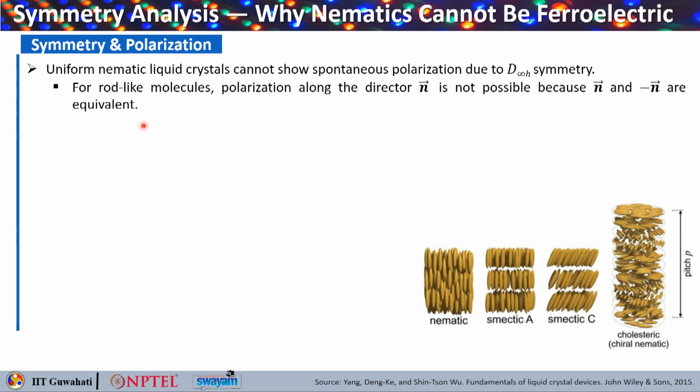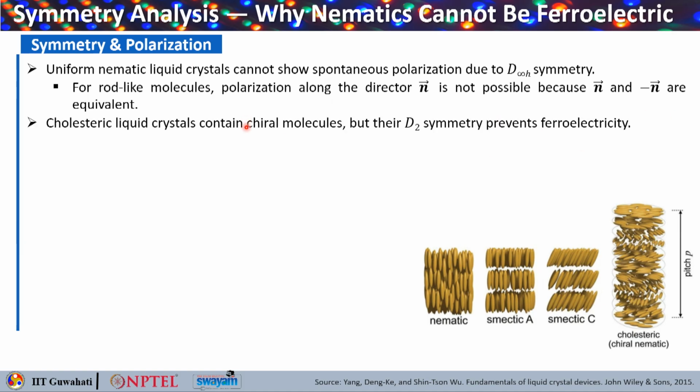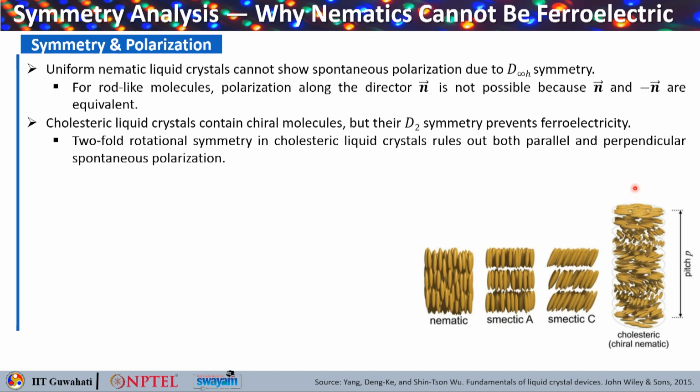So here, for rod-like molecules, polarization along the director n is not possible because n and minus n are basically equivalent, right? Next we see the cholesteric, that is basically the chiral nematic liquid crystals. They contain chiral molecules, but here also their D2 symmetry prevents ferroelectricity. The twofold rotational symmetry in cholesteric liquid crystals rules out both parallel and perpendicular spontaneous